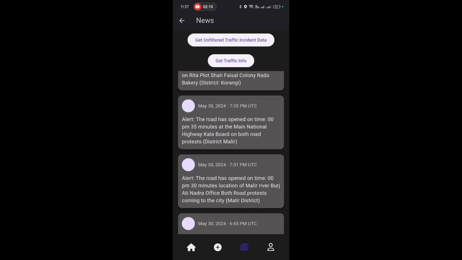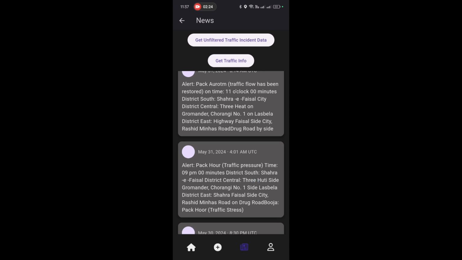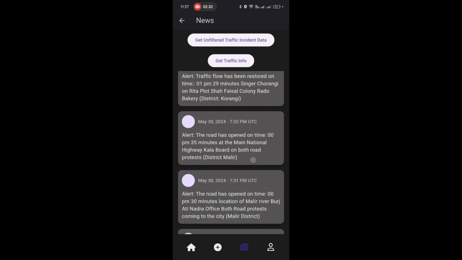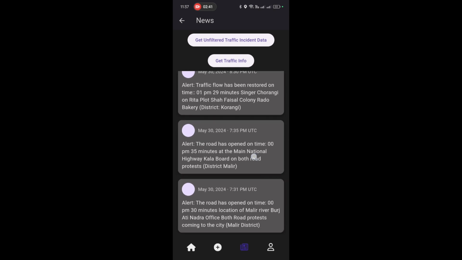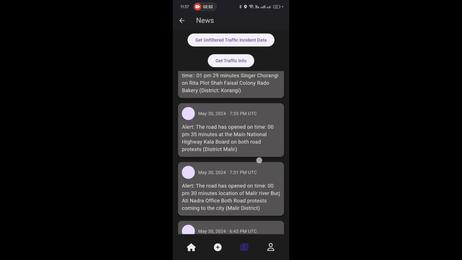So as I mentioned, my house is in Malir, and it's basically IBA main campus, so it's going to give me summarized news. If I plan a route via Shara Faisal or Rashid Minhas Road, it gives me that, and news for Malir, Korangi Road. So this is going to give you summarized updates from traffic channels, from all the news channels. We have web scrapers all over, like ARY News, Samaa News, and Twitter. All the news from those three channels is going to come here, and it's going to be summarized.